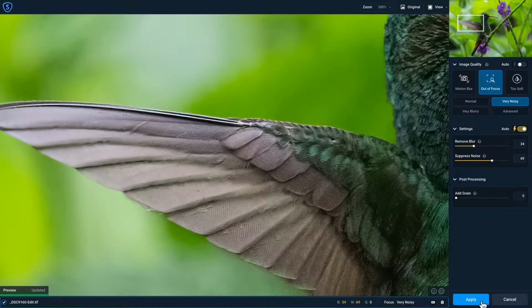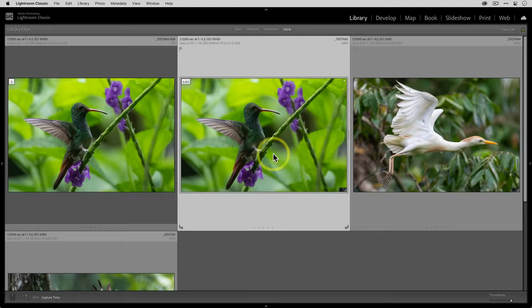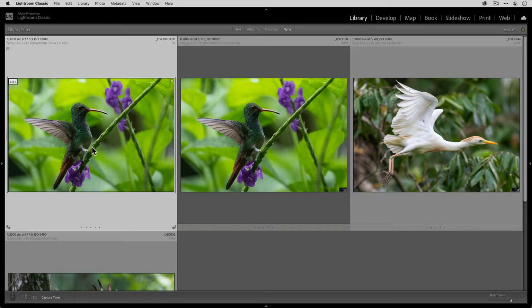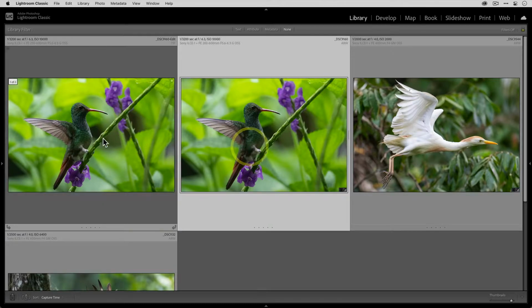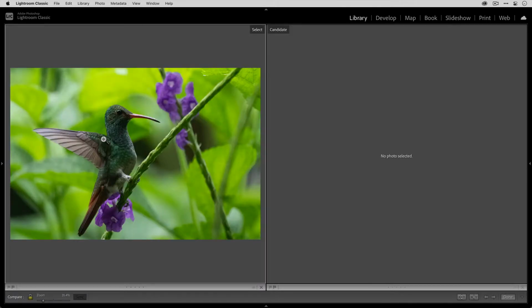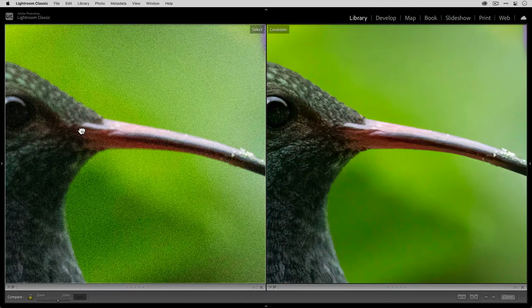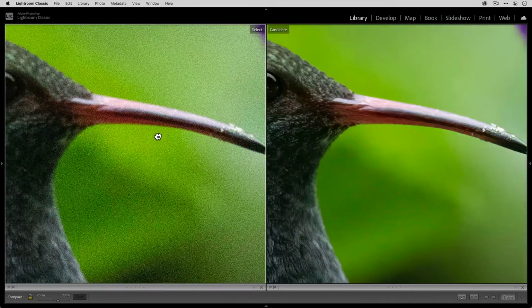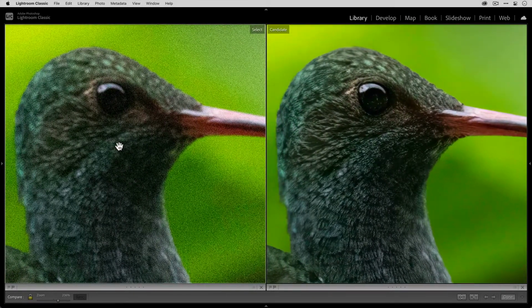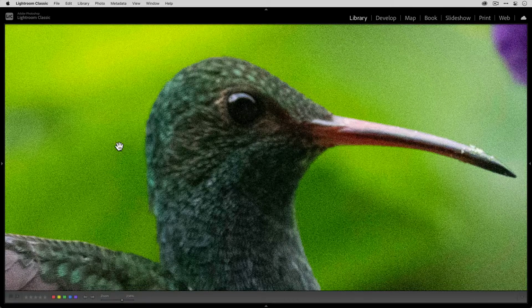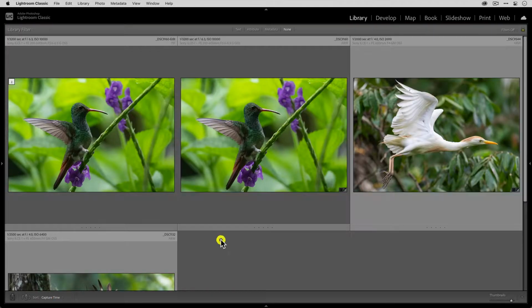Now that we're back in Lightroom, you can see here's the original and here's the version that we just edited with Sharpen AI. And if I select both of them and then click on C to compare and then zoom in, you can see just how much of an improvement we've gotten with Sharpen AI. And so if we drop out of the compare view and go back to grid,